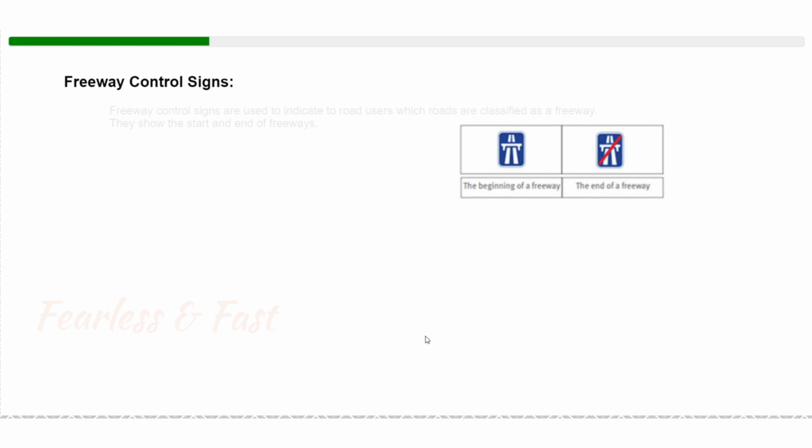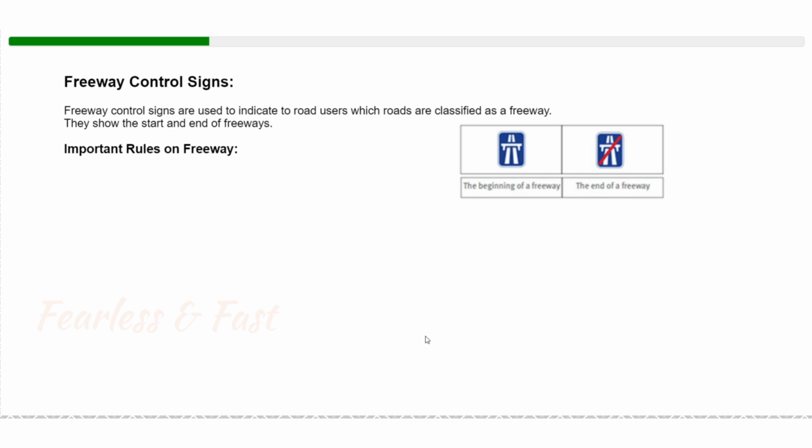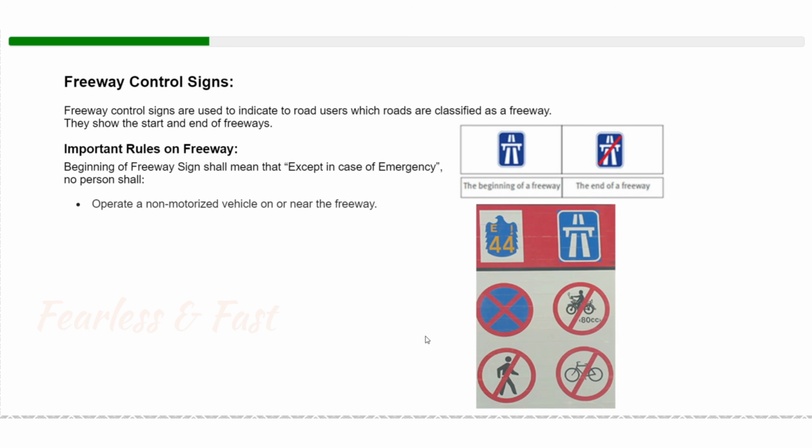Freeway control signs. Freeway control signs are used to indicate to road users which roads are classified as a freeway. They show the start and end of freeways. Important rules on freeway. Beginning of freeway sign shall mean that except in case of emergency, no person shall operate